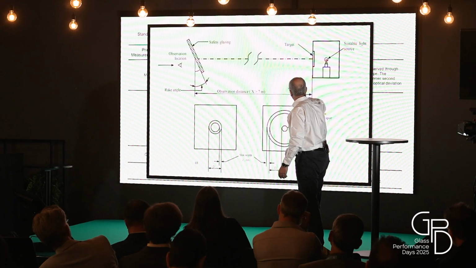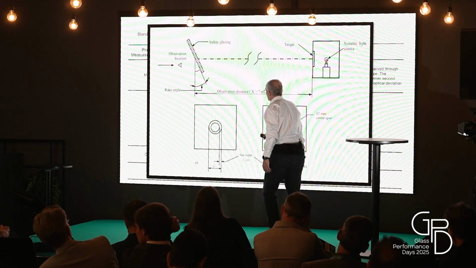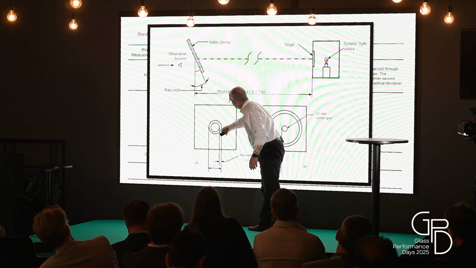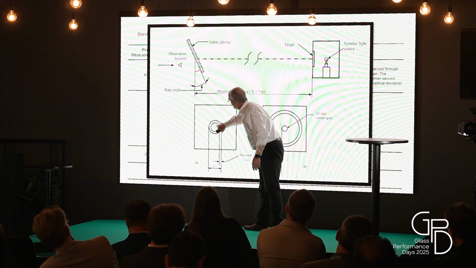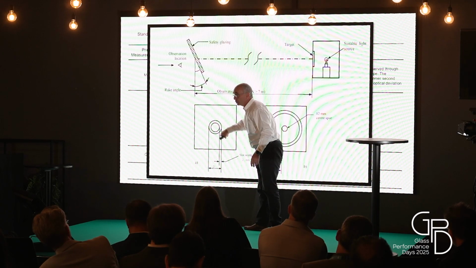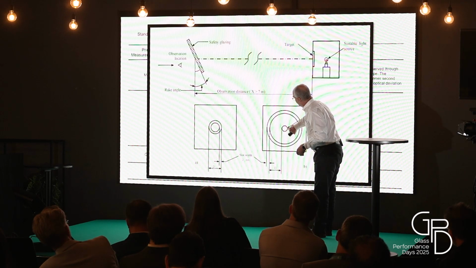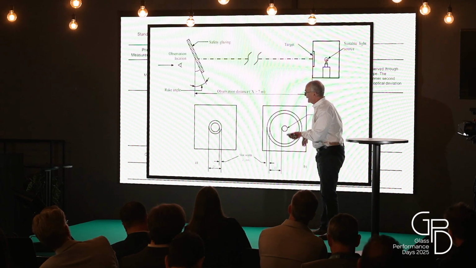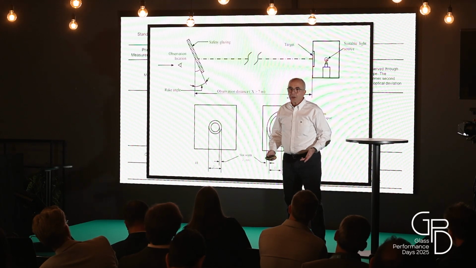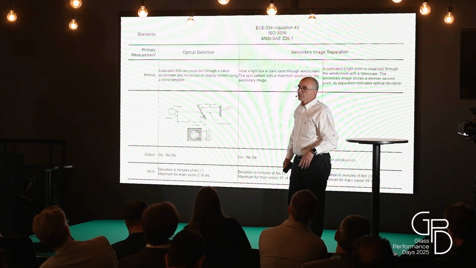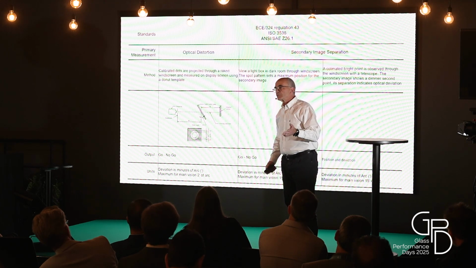So you just look at a target. It can be either a hole and this. And when you have the secondary image, this thing should always be touching the outer ring. The other target is this should be contained in here. Again, the geometry makes the thing. And for double image, the allowed standard in the automotive is 15 minutes of arc, so much more.